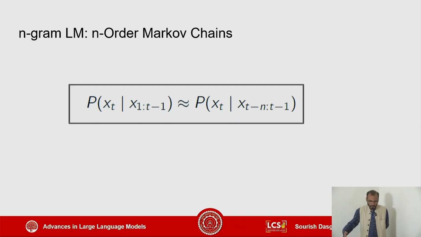So what Markov would mean is that you don't really have to go to the entire ancestry of your lineup. Just to give you an analogy, you can just look at your grandfather, and your grandfather will have all the information of your great forefathers. So that's the Markov assumption, basically. So if you go till n steps before the particular token, then that would be an order n, right? So that's the first thing.